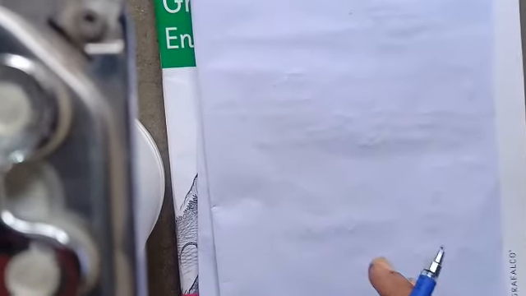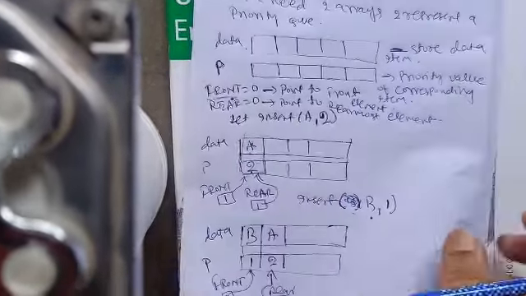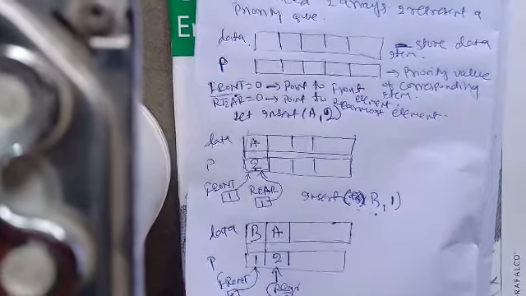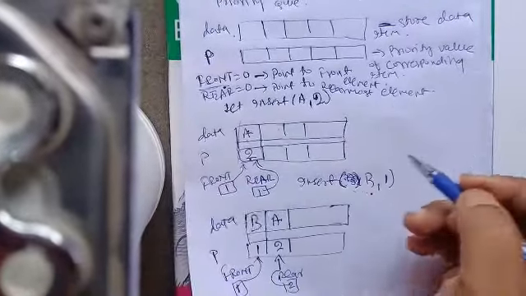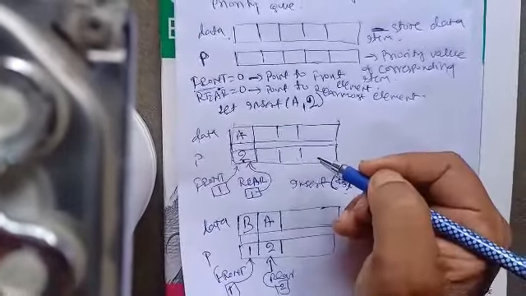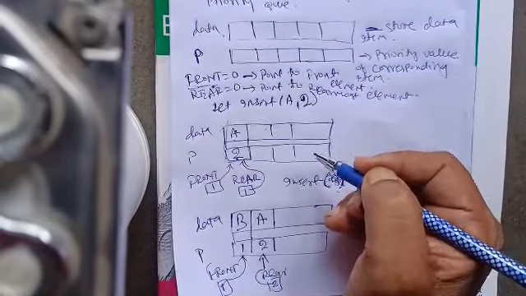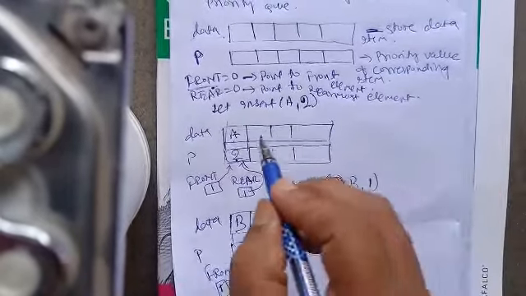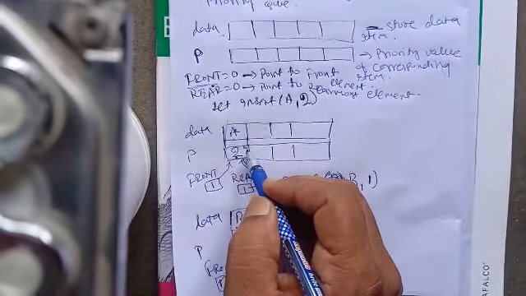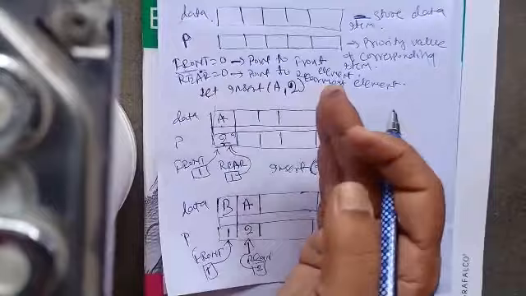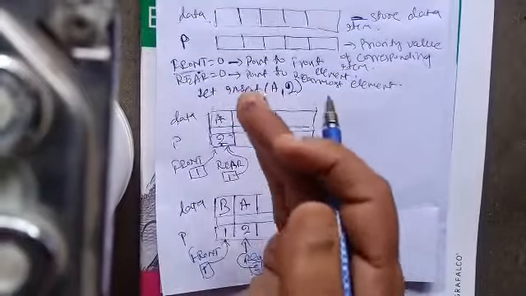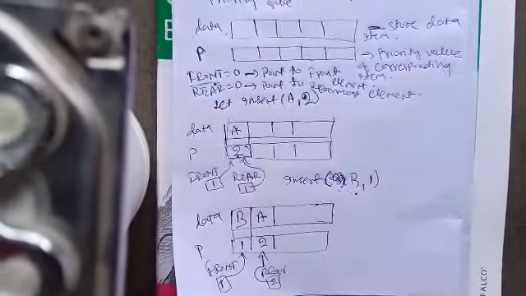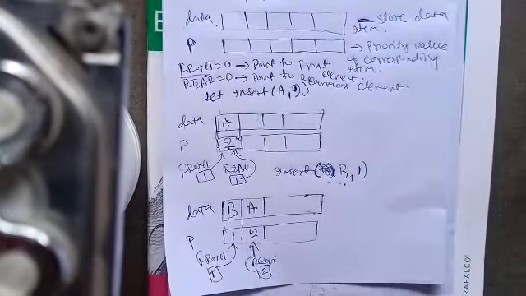Okay, so then it has a drawback. So what is the drawback? If you observe carefully, whenever a higher priority element enters into the queue, then the data present within the queue, if they have lower priority, must be shifted backward in order to make space available for the higher priority element to be inserted.